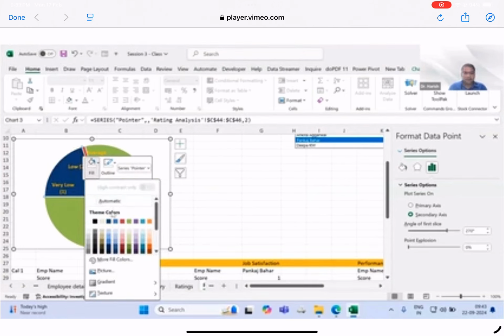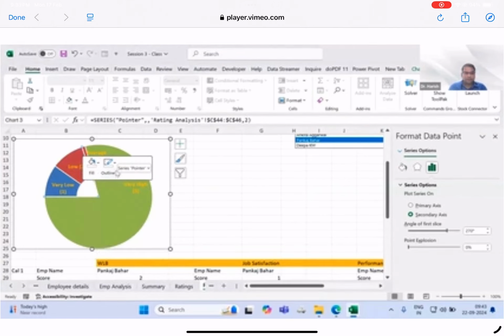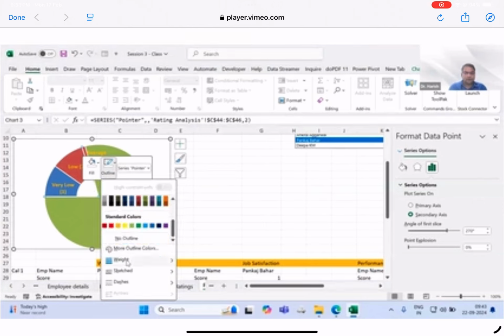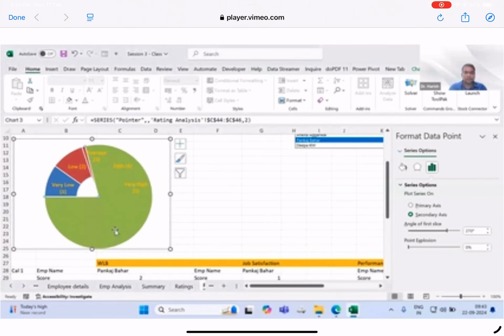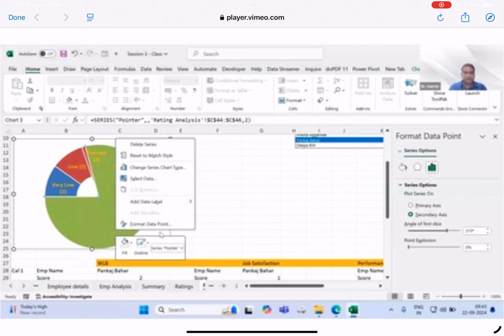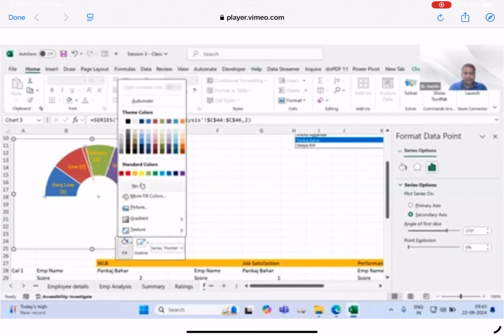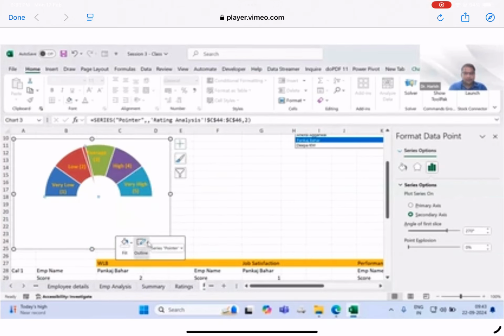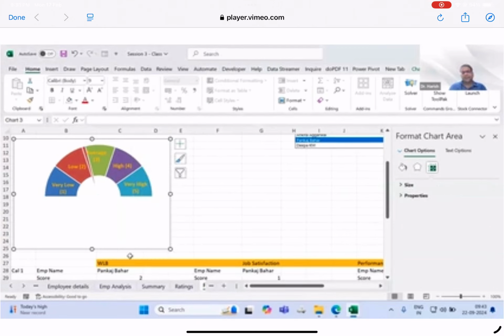Except the pointer part, we need to use no fill, no outline for the outer donut, right, so that my pointer is only visible and the rest is hidden. No fill and no outline, like this. Simple. And then again, there is a problem whenever I am selecting any value or any employee here, let's say,